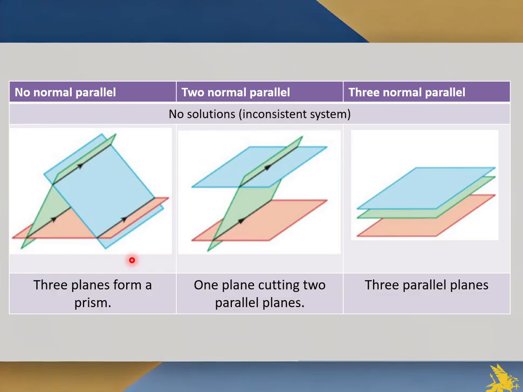We can have no normal parallel, which just means we've got three planes that form a prism. We've got two that are parallel, and we've got three that are parallel. So these are just giving inconsistent systems, which will give no solutions, because we're looking at when all three are going to